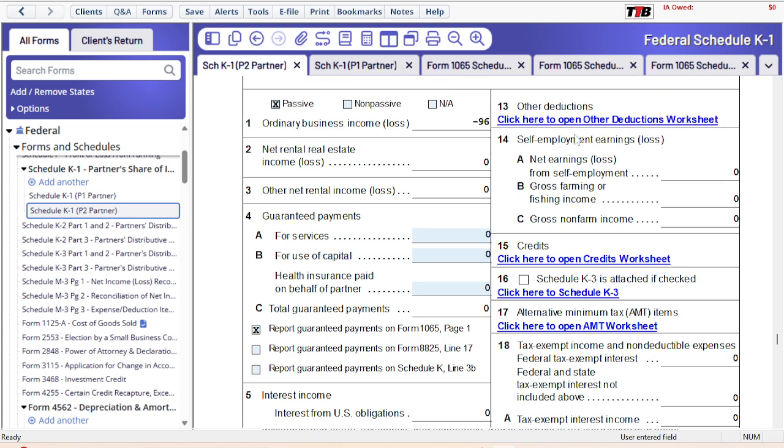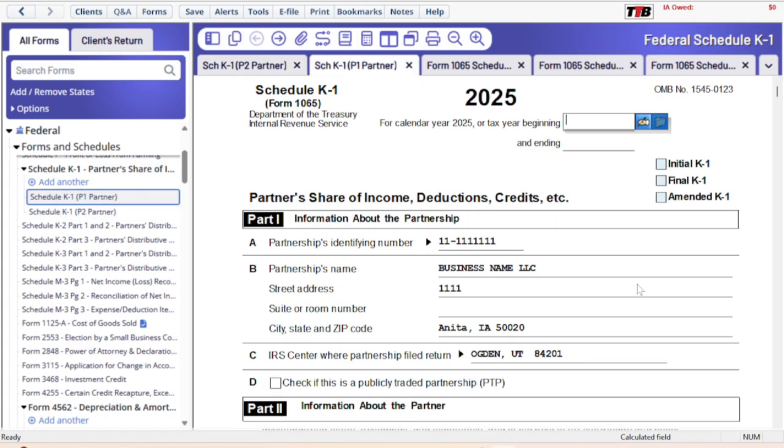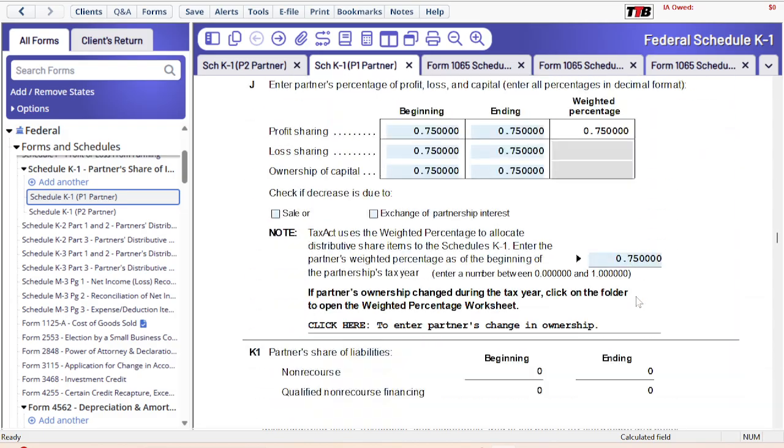So that is something to keep in mind. But if you are active in the business, you will pay self-employment, Social Security and Medicare on those. But if you have only rental property, do your due diligence on that when you are completing this area, because